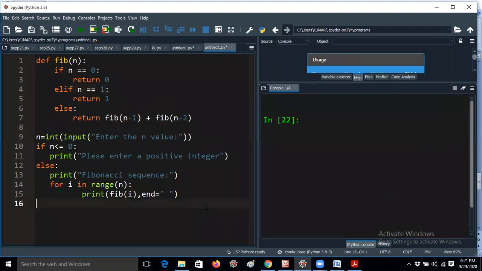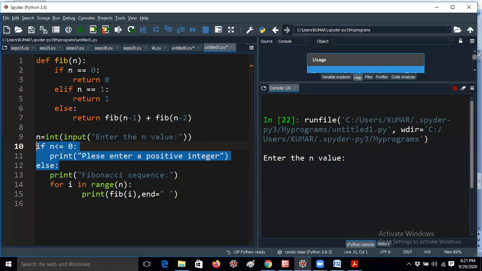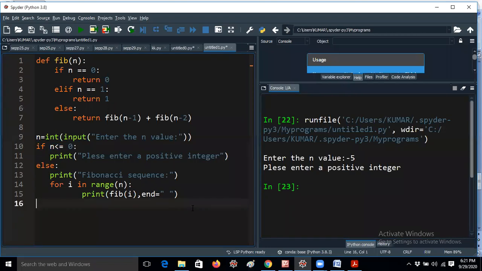Now I will tell you how we can define this program very easily. Actually, these lines are not necessary here. Usually, if I am asking about the Fibonacci series, a student may ask, sir, what will happen if I give -5? It will give you an alert message like please enter a positive number. Actually, these are not part of the code. From an interview or examination point of view, you do not need to write all these things.